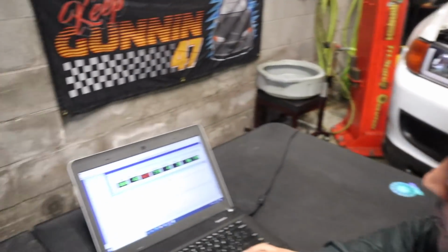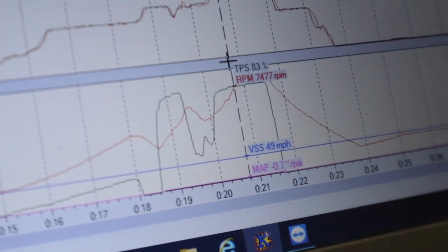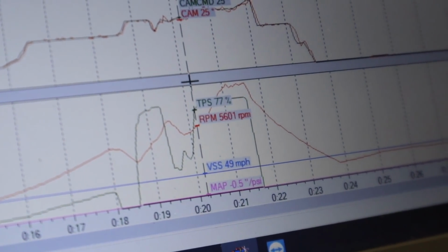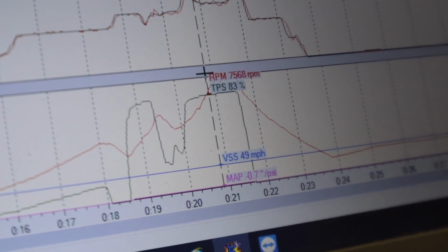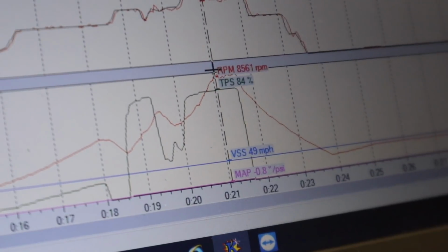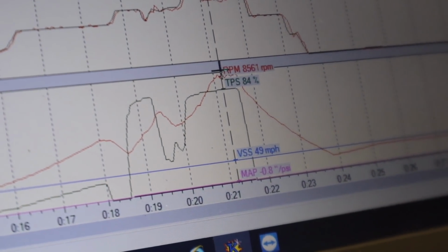Check this out. So focus right here. You see that RPM climbing? Full throttle? Yep. It doesn't dip down anymore, and I lost the misfire. See that? 7500s, 82. Money. So was it